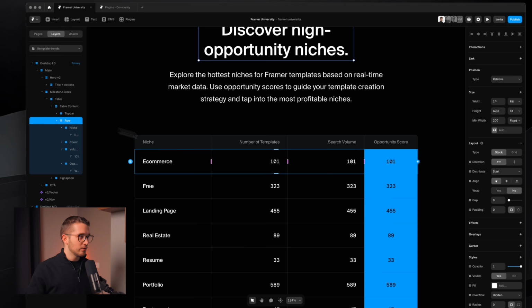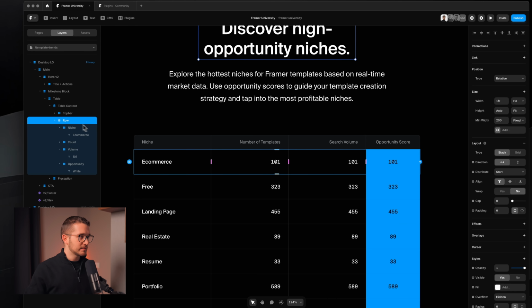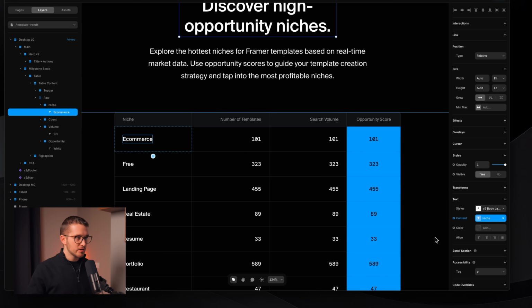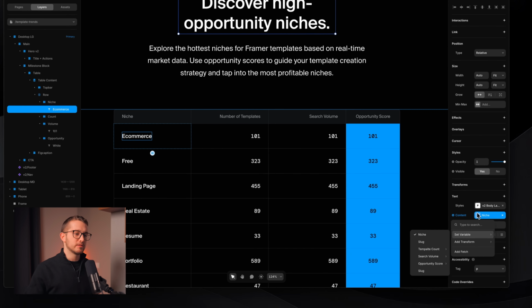Yes. Then I can go within this. This is the CMS collection item frame. And then within that, the e-commerce will actually be the niche. Yes, so that was correct. I don't know what happened. Yeah, I just deselected it. So